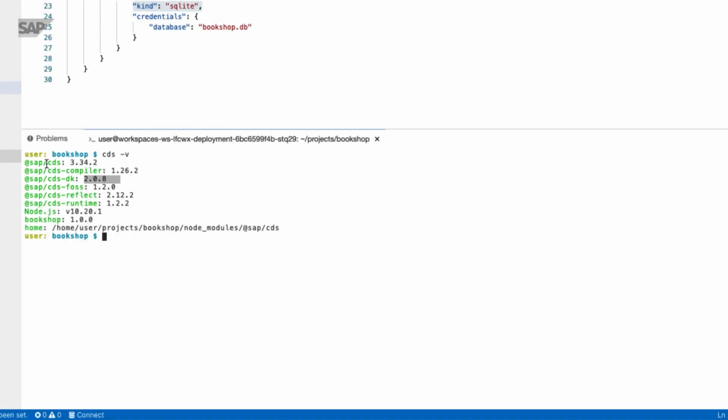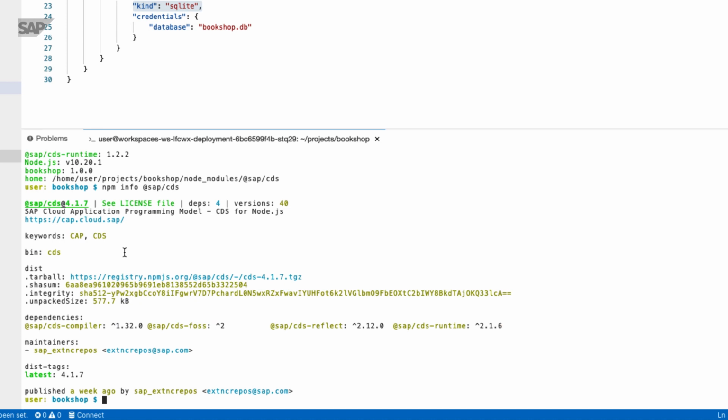The CDS package is still on an older version. If we have a look at the information of that package, we'll see that there is a new version already available on the registry,